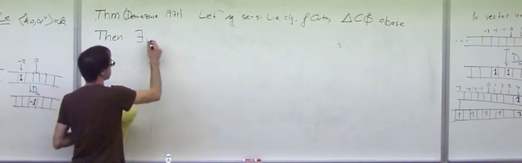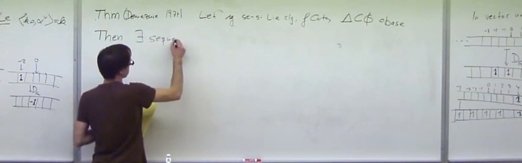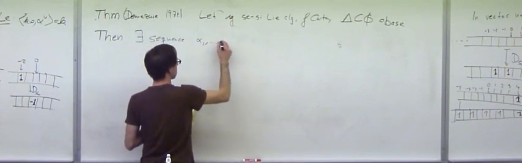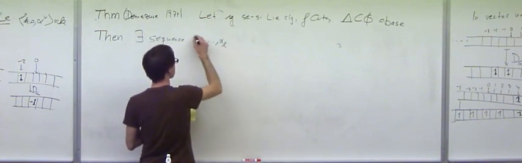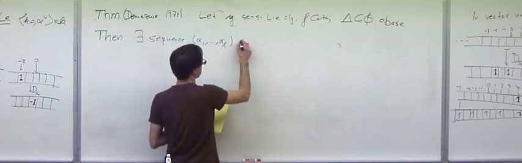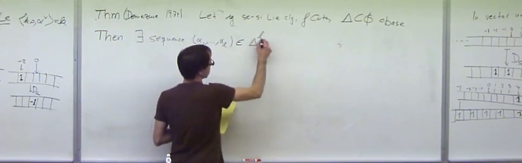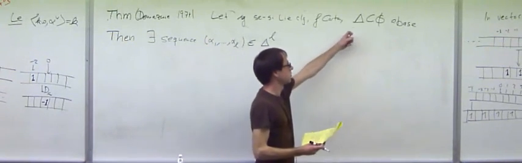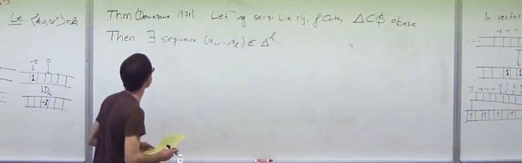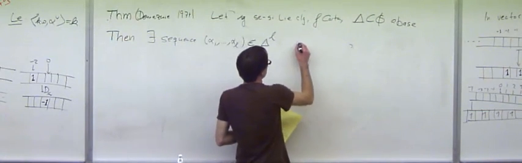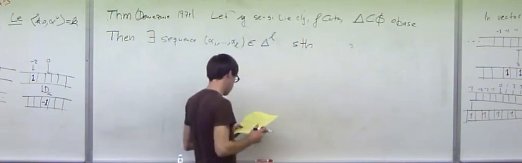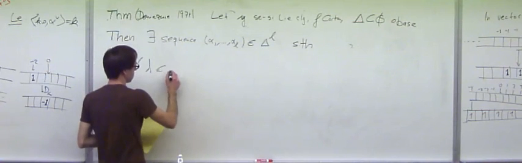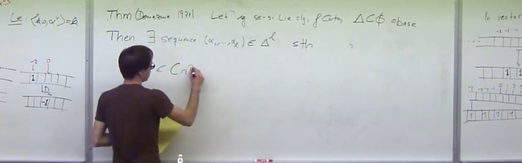Then there is a sequence alpha 1, up to alpha L. So a sequence or just an L-tuple in delta to the L. So we pick L elements of the base, not necessarily distinct, such that the following holds. For all lambda dominant integral weights,